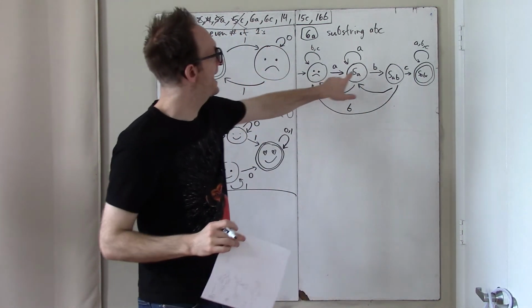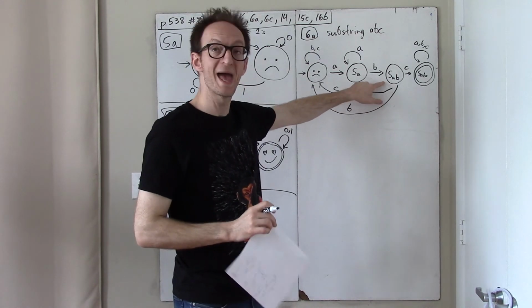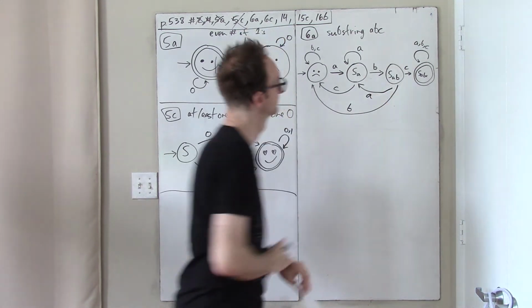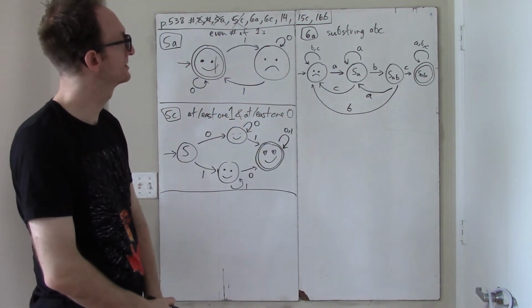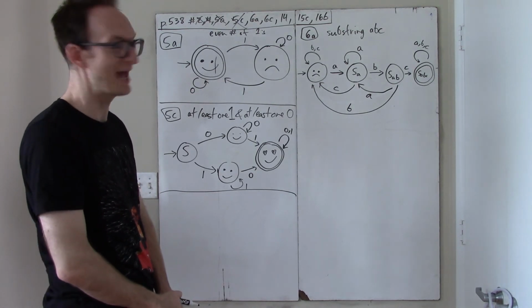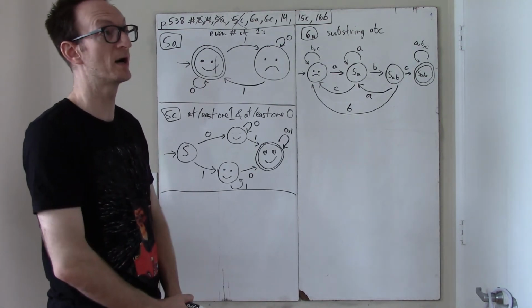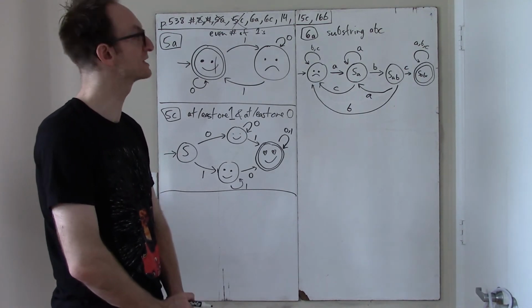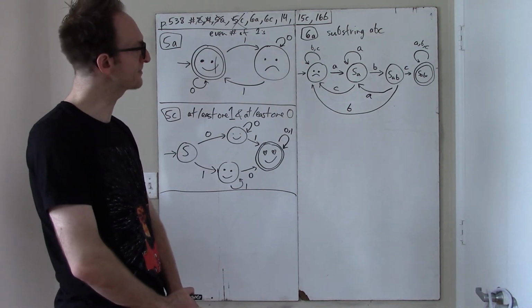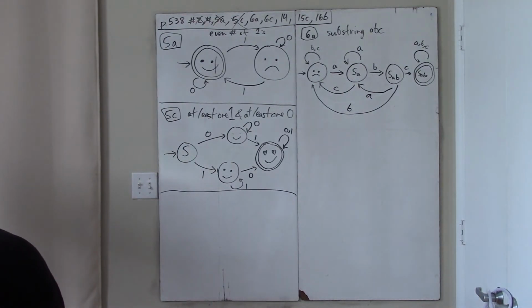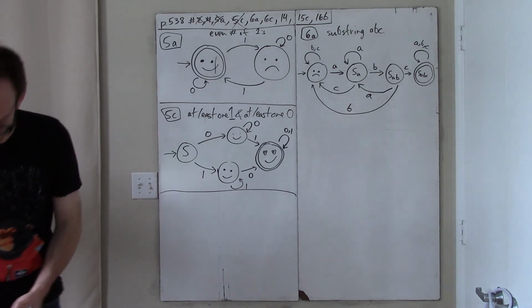But I guess if it's A, B, A, then I only go back here. That just seems right. Yeah? If an A, B occurs, then an A occurs, I shouldn't go all the way back to sad, I should go back to "I just read an A." Yeah, so actually this problem's kind of hard, and I changed my mind, it's more complicated than the problem,